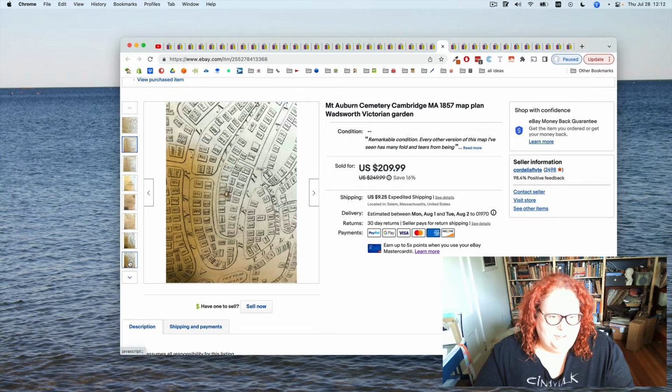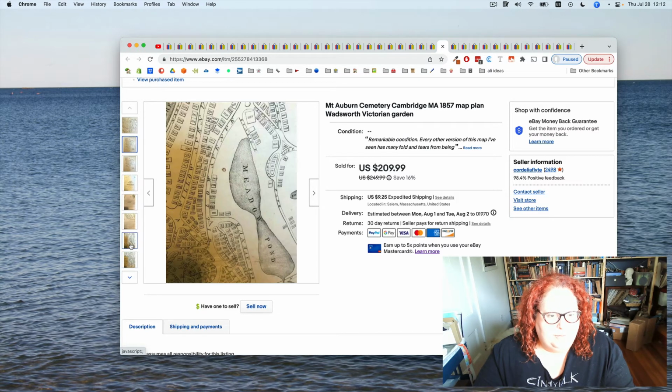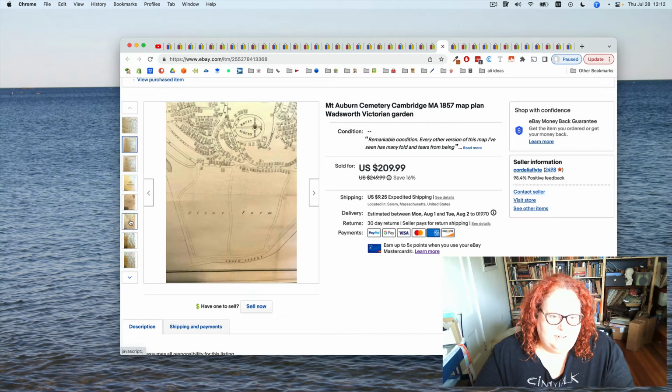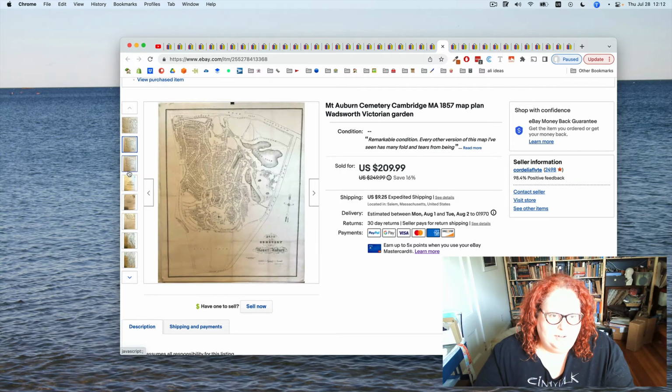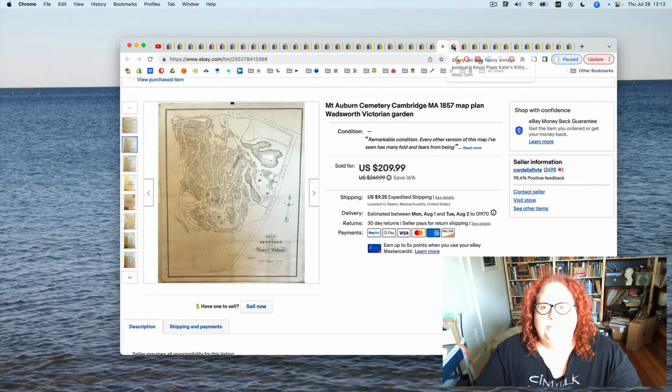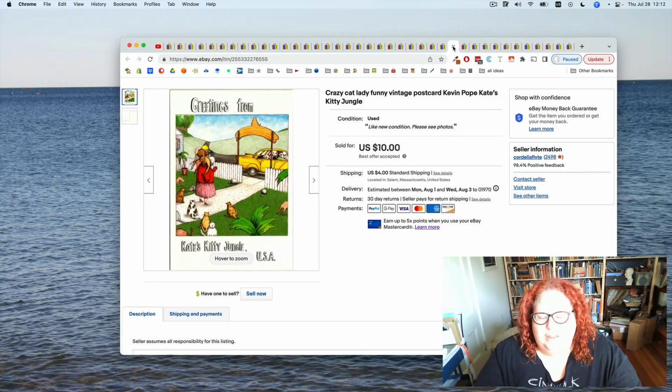These are the condition issues I pointed out. It's in really good shape, like it had never been folded. It did have these two tiny little holes, but otherwise it was great. It was totally unwrinkled, and anyway, yeah, map. So that was cool. And then from the sublime to the ridiculous, here's a silly postcard that